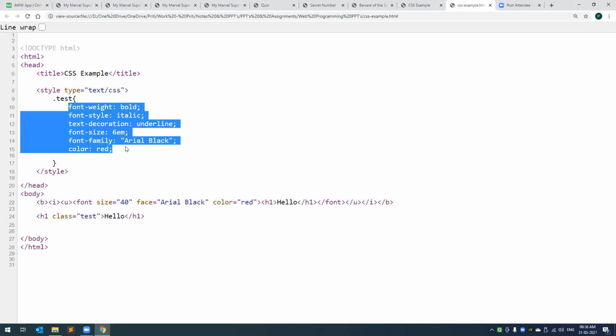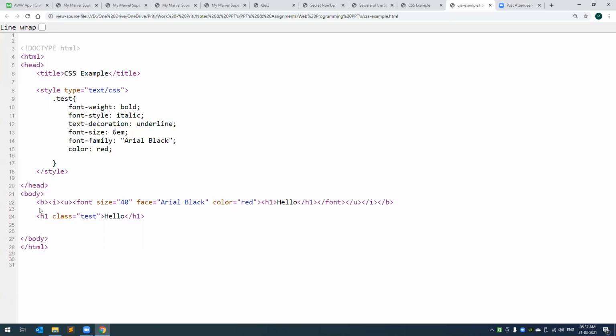All right. Of course, we will learn how to do all of this. Today, we are just understanding the difference between the two. Okay. So see, in this, what am I doing? I'm making my text bold. I'm making it italic, giving it an underline, changing the font size, the type of the font, and the color of the font. Okay. I'm doing the same thing here.